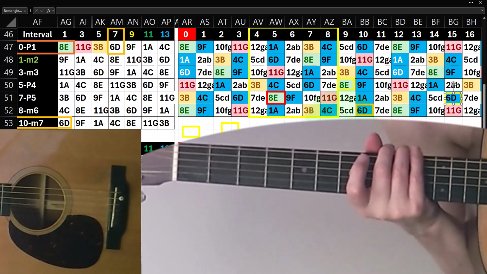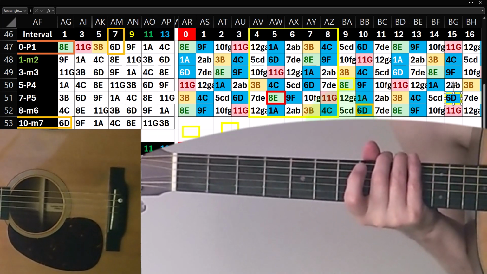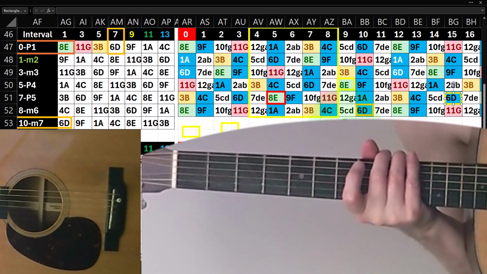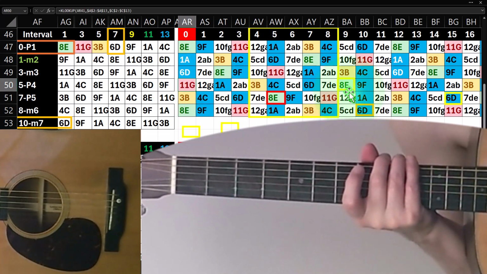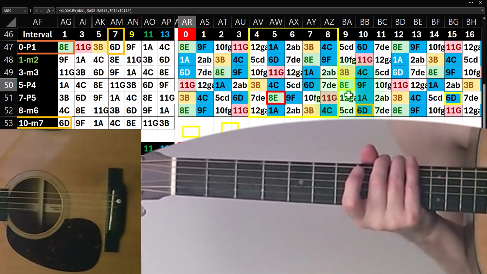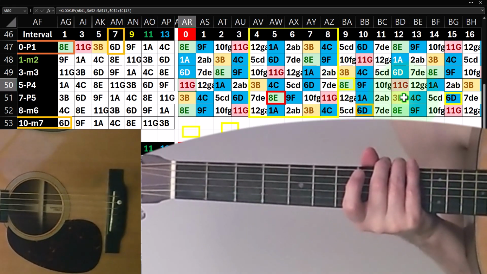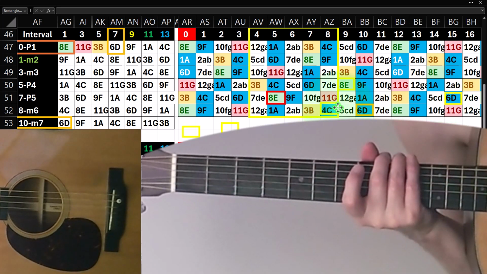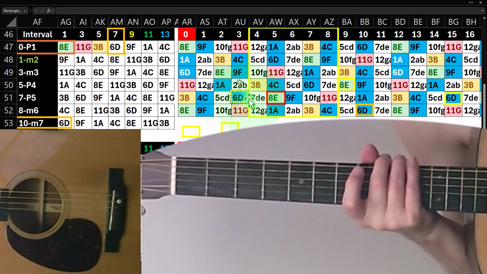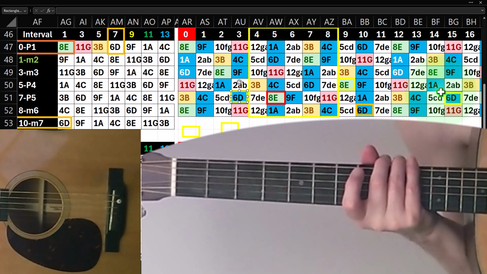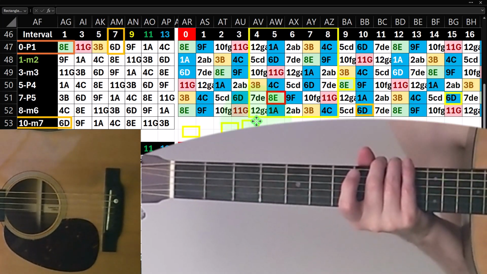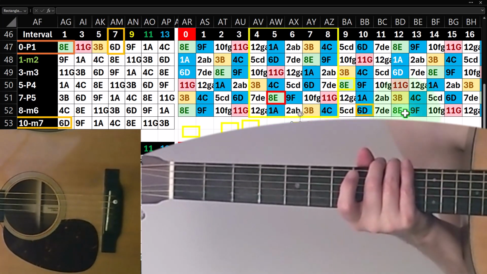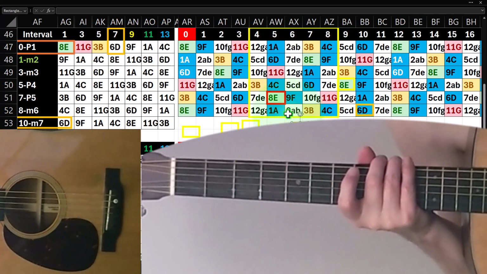So if I go down 1 string, then the 10 note away minor 7 will usually be 1, 2, 3, 4, 5 frets forward, unless I cross the fault line, which would only happen on the G string, in which case if I go down 1 string and cross the fault line, the 10 note away minor 7 will be 1, 2, 3, 4, 5, 6 frets forward, which is just out of reach, which also means that if I went the other way, it would be 6 frets back. That's that equilateral triangle, because there's only 12, so 6 frets is the maximum distance you'd have to go if you had the capacity to either go forward or backwards on the guitar without running out of room, hitting the nut, or hitting